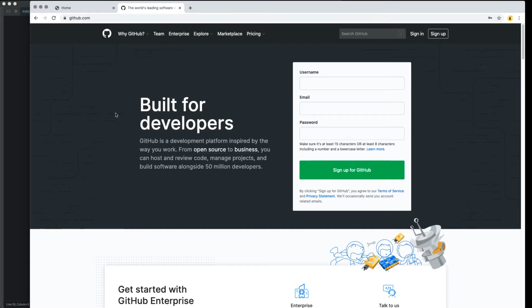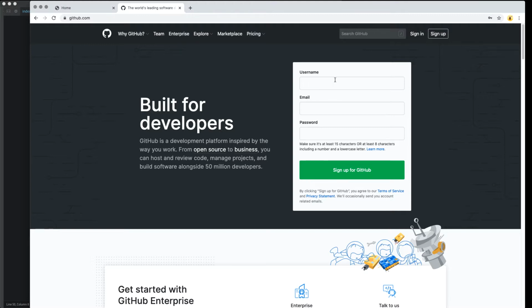GitHub you can join for free, and with a free account, you can create unlimited repositories. You can have up to 3 collaborators with a private repository, also 2,000 action minutes a month, and 500 megabytes of GitHub pages storage. So basically what all of that means is that they give you a website, a web URL that you can sign up for free, and also you can play around with your code, update the code. So if you don't have an account already, just go ahead and sign up. It's once again free to sign up, and this is just a suggestion if you do want to get the